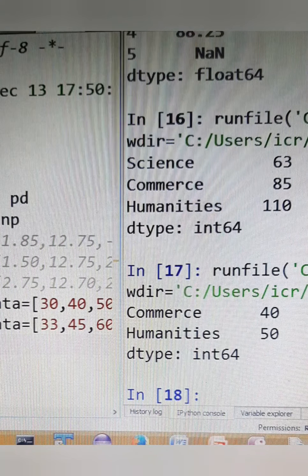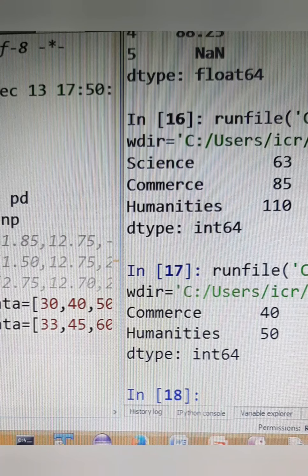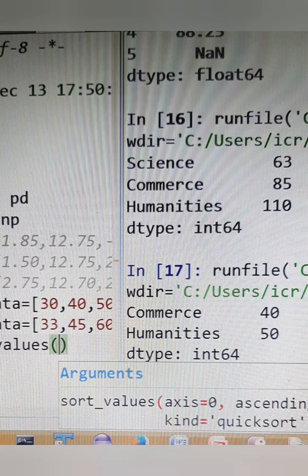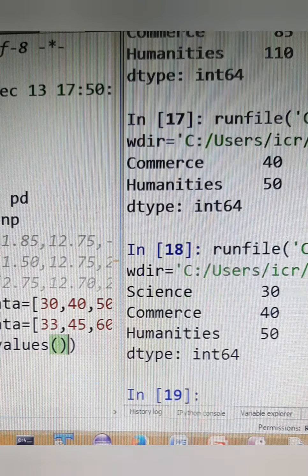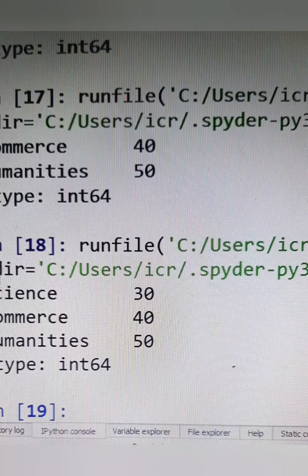we'll write C11.sort_values. So it's giving me the values in ascending order as it was.